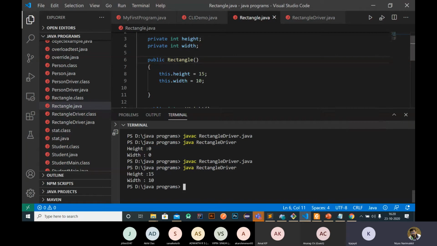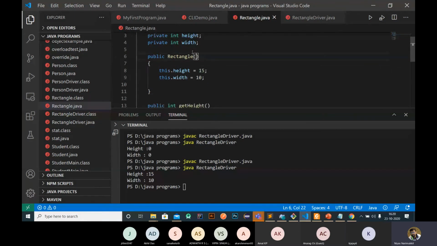Okay, that's the issue. Yes, correct. So we don't need to use this void here. So that was the issue earlier also.